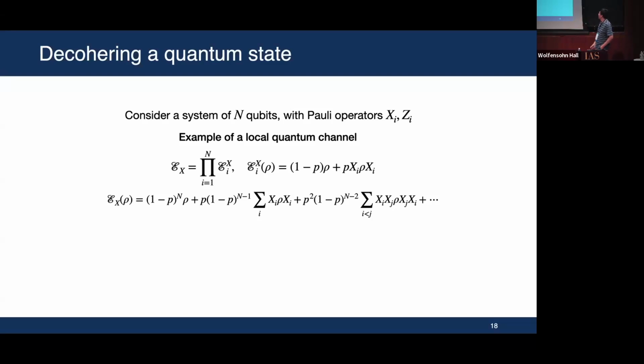Okay? And when you apply this quantum channel to the state, you can expand this into a very large sum. If you look at what happens in each term, well, this one is like applying X to the state with some probability. And this one is applying 2X to the state, again with some probability. Okay? So what we get is a convex sum, a probabilistic mixture of local unitary deformations of rho. I'm not saying that this is the most general picture that you get, but this is a useful mental picture to have.